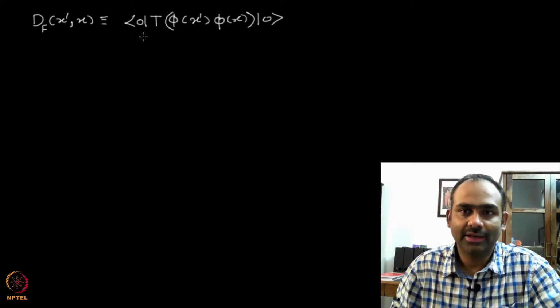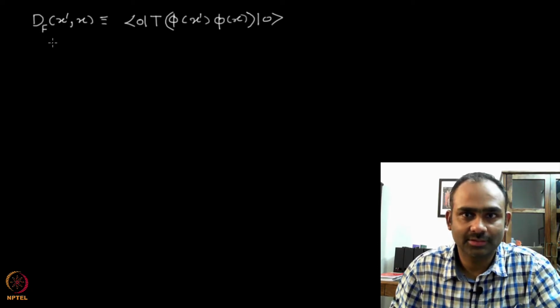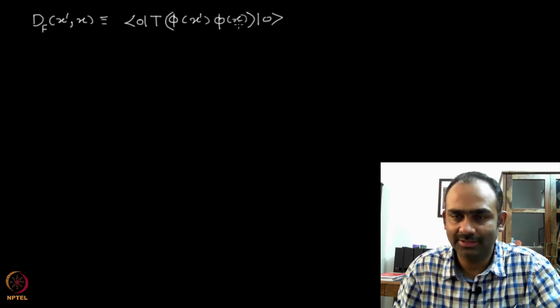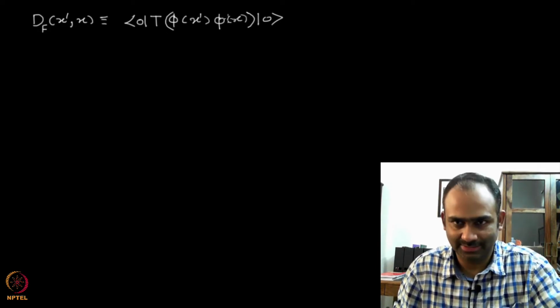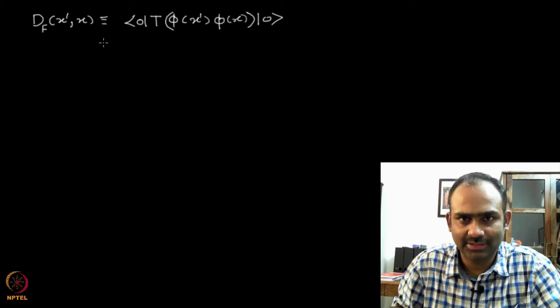Okay, last time we had defined this propagator, which is basically the vacuum expectation value of the time-ordered product of two fields, phi(x') and phi(x). The fields are at two different space-time points. And this we can write, which we also saw last time, as theta(t' - t)